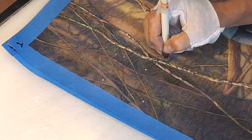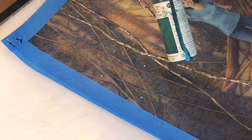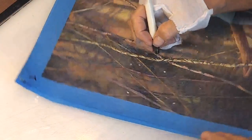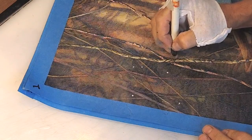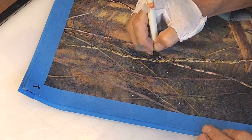I continue to call it ink, even though, as you all know if you've been following me, it's not ink at all. It's liquid acrylics, airbrush paint. And if it's good enough for an airbrush, it certainly is good enough for a rapidograph pen. The rapidograph pens are pretty fussy, finicky, challenging. But airbrushes,